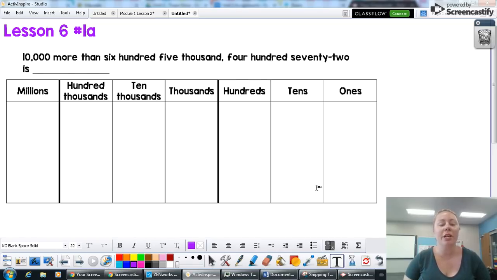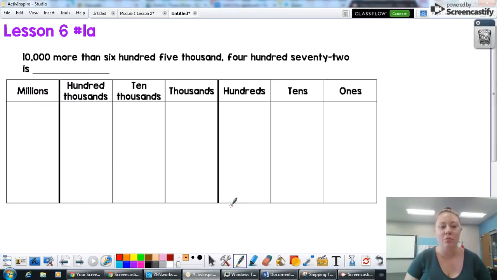Hey guys, today we are working on lesson 6, and the first problem we are working on is number 1A. So make sure you're on your workbook and you're doing problem 1A with me. The problem reads 10,000 more than 605,472 is blank. So the first thing you want to do is look at the number that they've written,